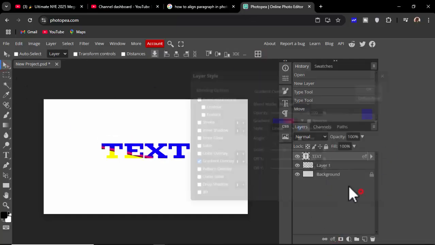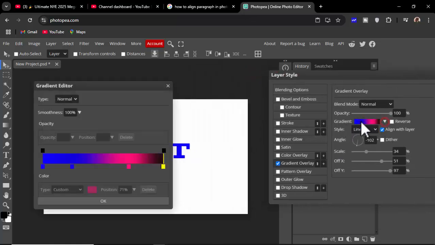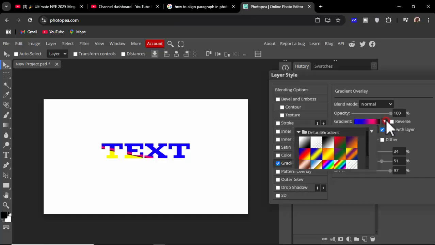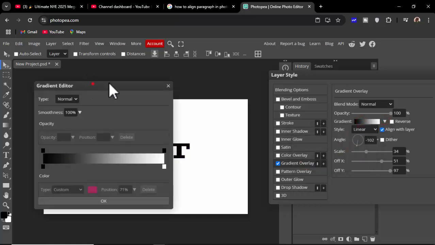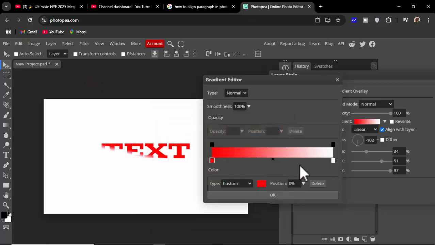Effect, color, gradient overlay. Select the drop down menu for gradient, click this icon and use any gradient color, and you can use custom color. Double click and edit custom color, create custom plate, click,